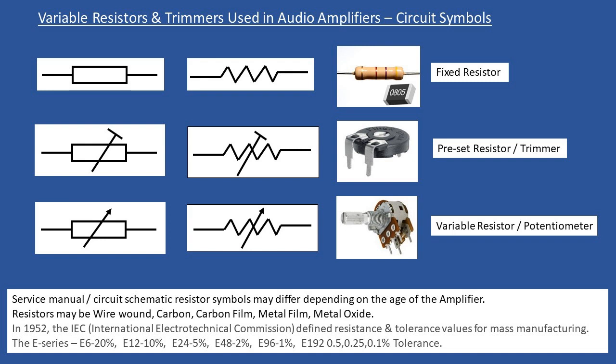But in some circuits 5% tolerance is unacceptable, and then you can move on to the E96 range of resistors, where the tolerance goes to 1%, or the E192 series, and these are high tolerance resistors. This can range from 0.5 all the way to 0.1%. And you might find these types of resistors used, and we will see this a little later in the video, where you have a high precision